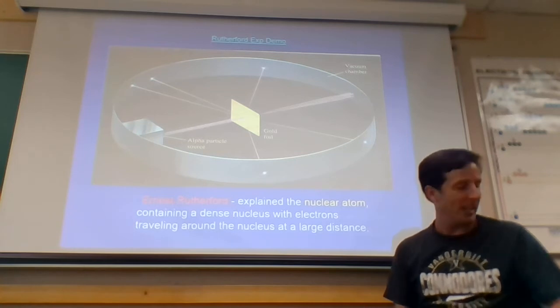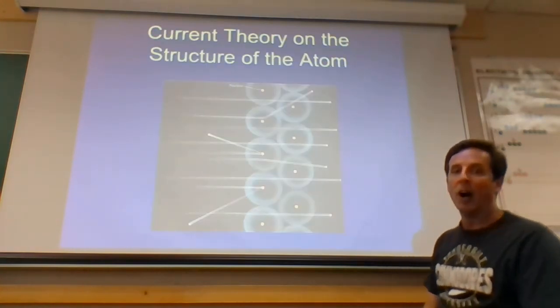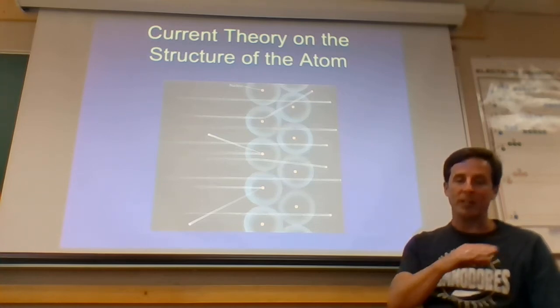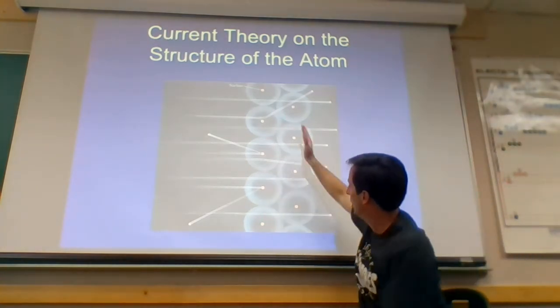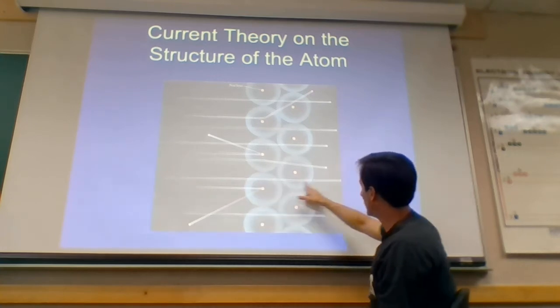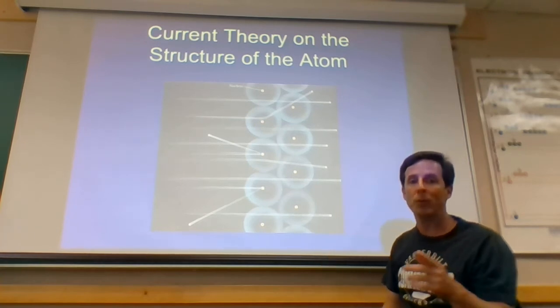So, based on that, we move forward to where he said, okay, well, most of the atom must be empty space, because when he shot the alpha particle at the gold foil, so this is the gold foil layer right here, most of the particles just flew straight through because there's nothing there, it's empty space. But every once in a while,